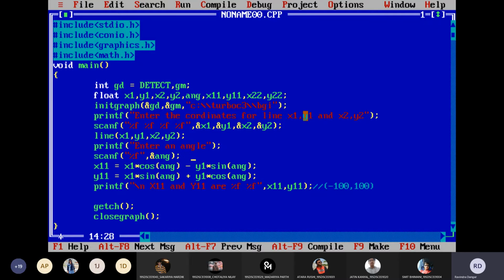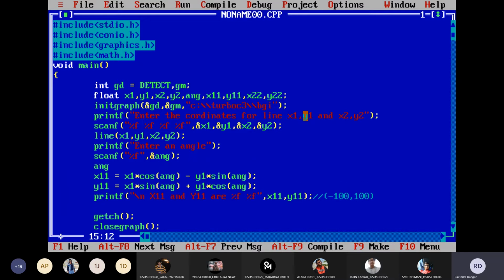Whatever angle you are using, you need to multiply your angle by pi by 180 so that your angle can be converted into degrees. Are you getting me? So here let's do the same thing. I want to update the value of angle by doing angle into pi, which is 3.14 or 22 by 7, both are the same. So 3.14 by 180. Now the angle is converted into degrees, and whatever angle I am using now, it should give the correct answer.